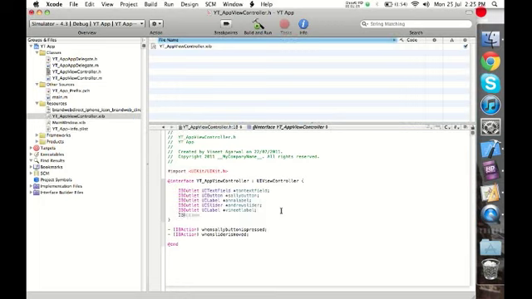So we tell Mr. IB outlet that we've got a UI switch, and we want to call it, say, Ruby switch, colon. And we will also tell Mr. IB outlet that we have another member called UI label, and we want to call him, say, switch label, and semicolon. Now obviously we need one more action here, and that is when the switch is turned